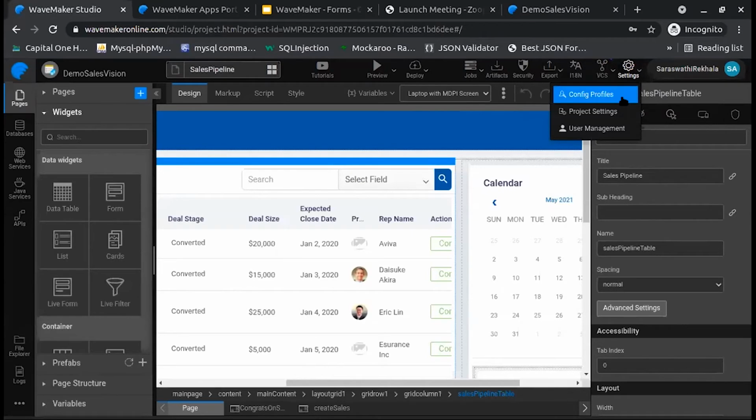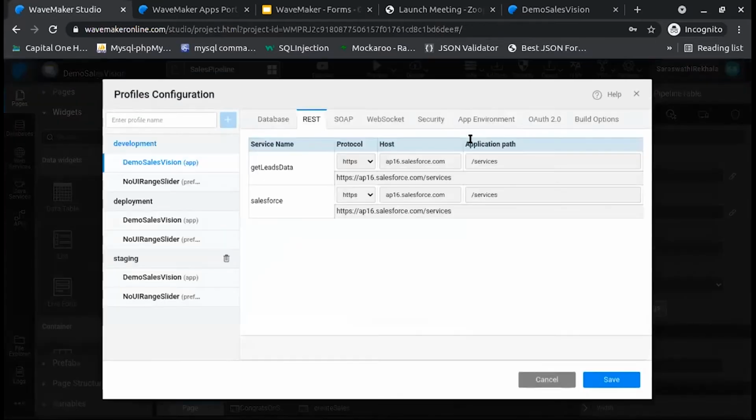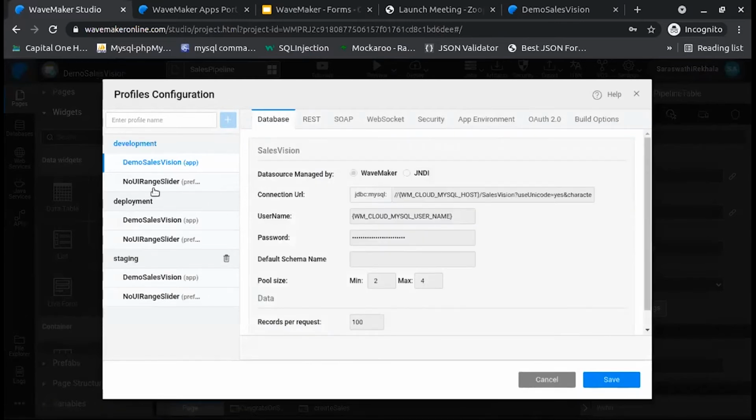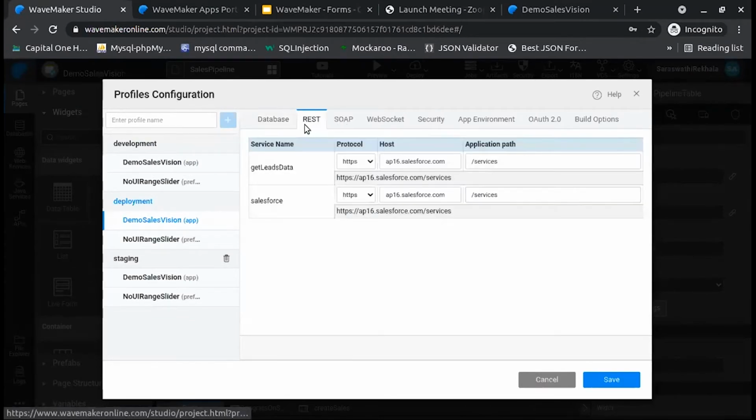And profiles. If you want to launch the same application on different servers or environments, then you can configure your environment variables from here. There might be a use case like if we wanted to connect to some database in a development environment, and to some other database in the live phase, then you can configure your properties from here. This is not only limited to database; each and every service that we have can be configured from here.